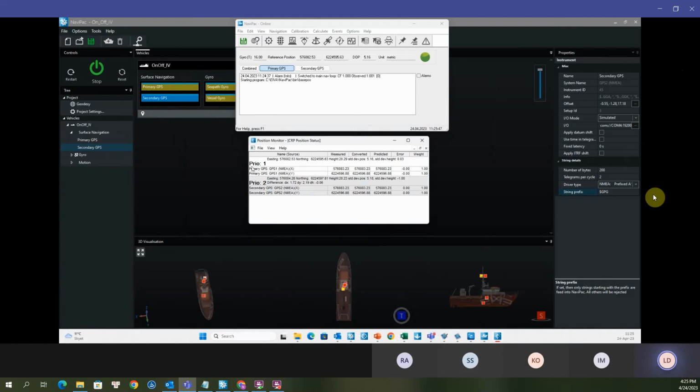We have what we call priority 1, that's the primary GPS. We're calculating that because it has offsets down to what we call